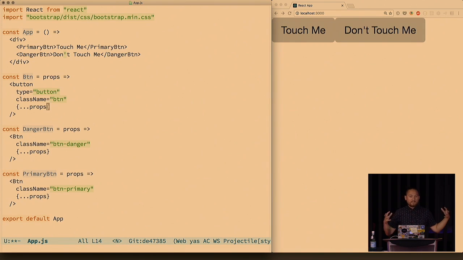So I need a way to merge the class that the button has, the basic one, and then also the specific one that my danger and primary button components have. So we're going to do some fancy trickery. This is called destructuring. It's super awesome, and if you are into React and Babel and all great things,